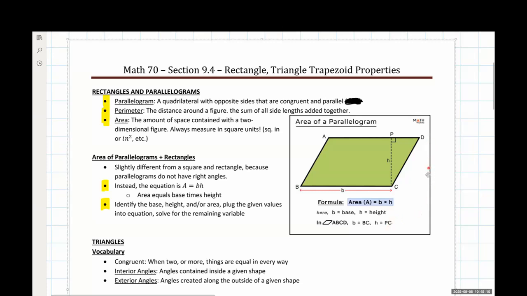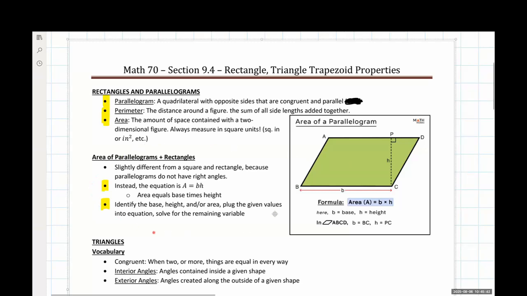Well, I would identify that for myself. I may make a quick note to the side. Here's my area, here's my base. My height is unknown. Plug those area and base numbers in, and then I solve for h. Nothing particularly crazy compared to some of the other stuff that we have done this quarter. I think this is actually pretty similar to our, I want to say it was the proportions problem. We have the amount, the base, and then the percent, just plugging things in with what we know and solving for what's missing. Very similar idea here.